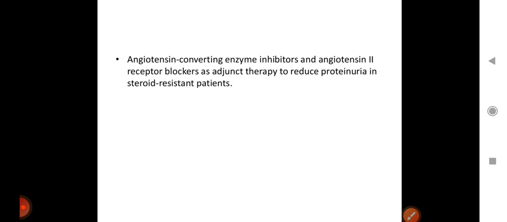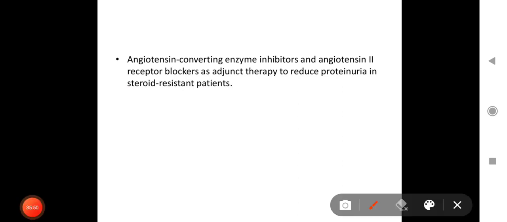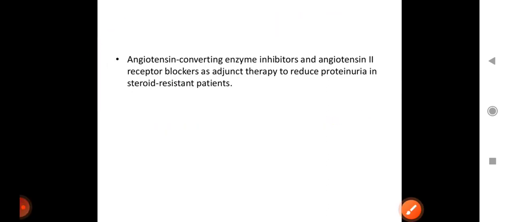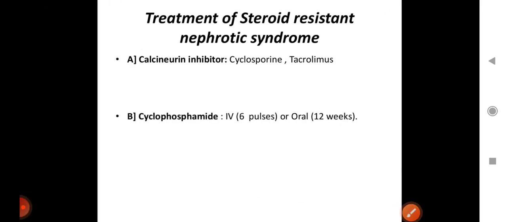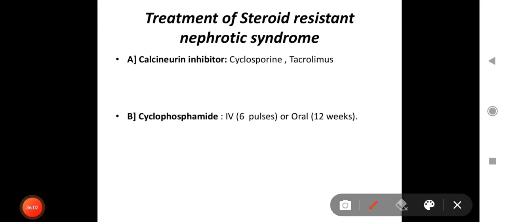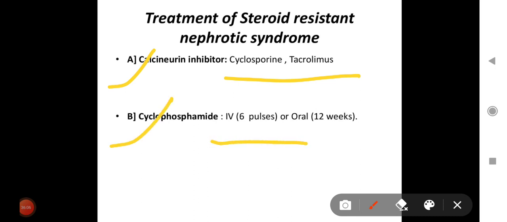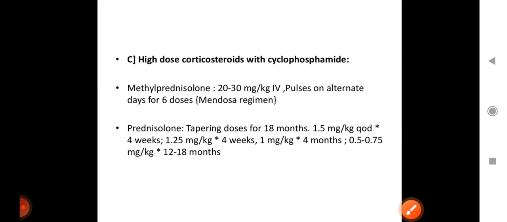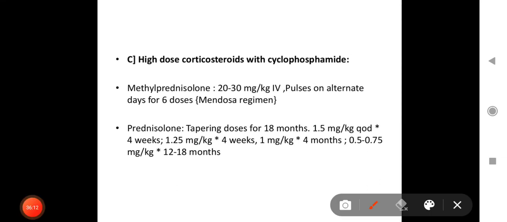And angiotensin converting enzyme (ACE) inhibitors and ARBs are adjunct therapy to reduce proteinuria in steroid-resistant patients and can be used. Now, what is the treatment of steroid-resistant nephrotic cases? In short, calcineurin inhibitors can be given, cyclosporin, tacrolimus, cyclophosphamide, IV 6 pulses or oral for 12 weeks. High dose corticosteroid and cyclophosphamide, like methylprednisolone pulse therapy, 20 to 30